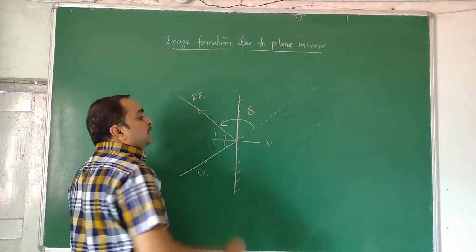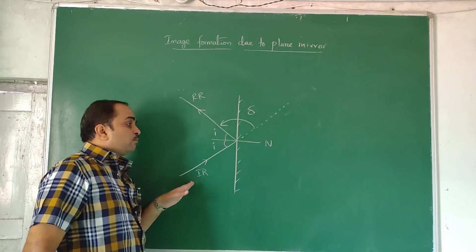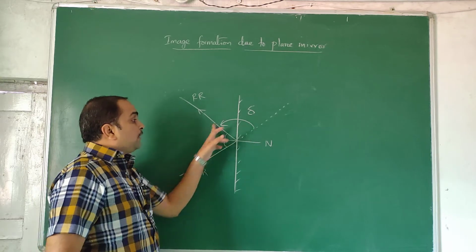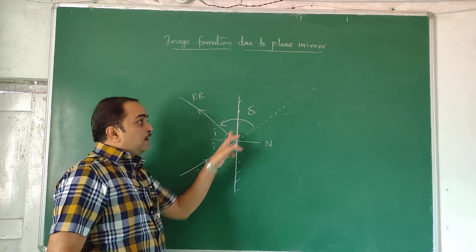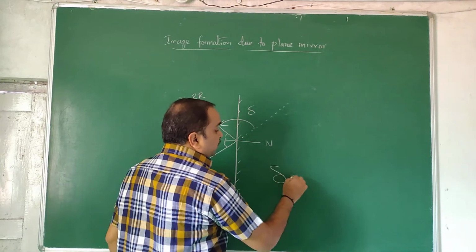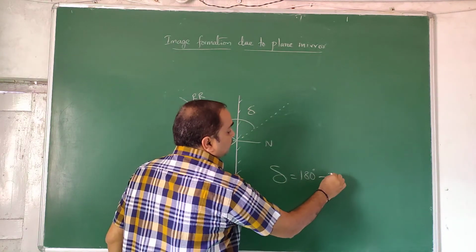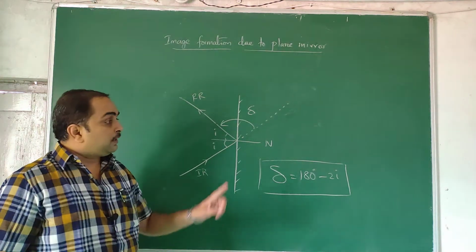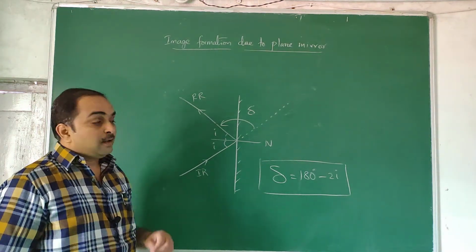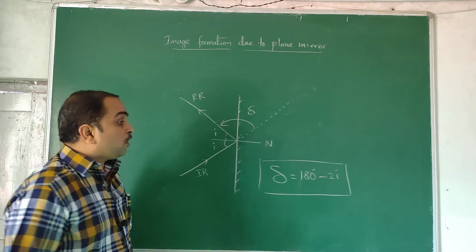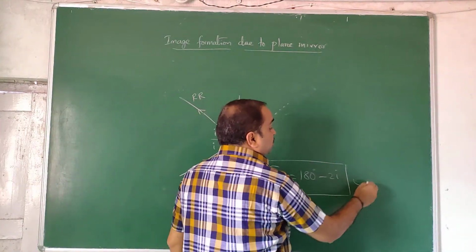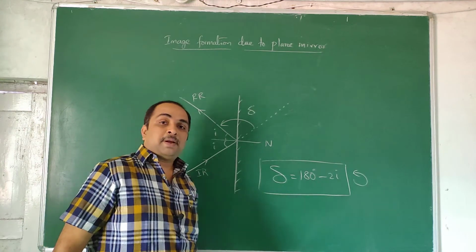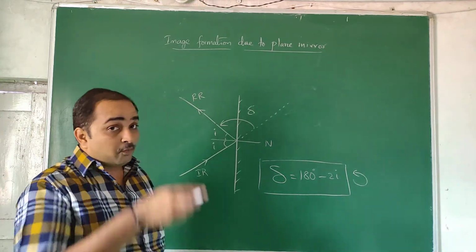And that deviation, you see this is a straight line. Out of this, this part is removed, 2i is removed. So out of total 180 degrees, if you remove this 2i, you will get delta. So deviation is equal to 180 degrees minus 2 times the angle of incidence. Using this formula, you can find deviation. But remember that whether deviation is happening clockwise or anti-clockwise, you have to mention. Here it is anti-clockwise. Outside you have to show that sign. Deviation magnitude you get by this formula. Deviation direction is to be followed by that.